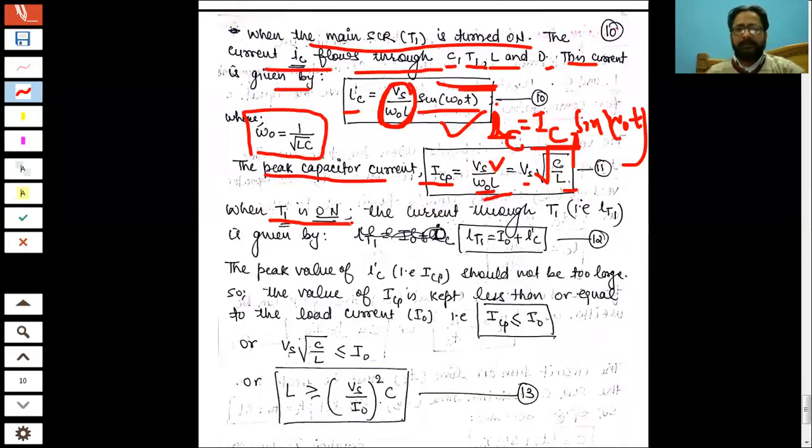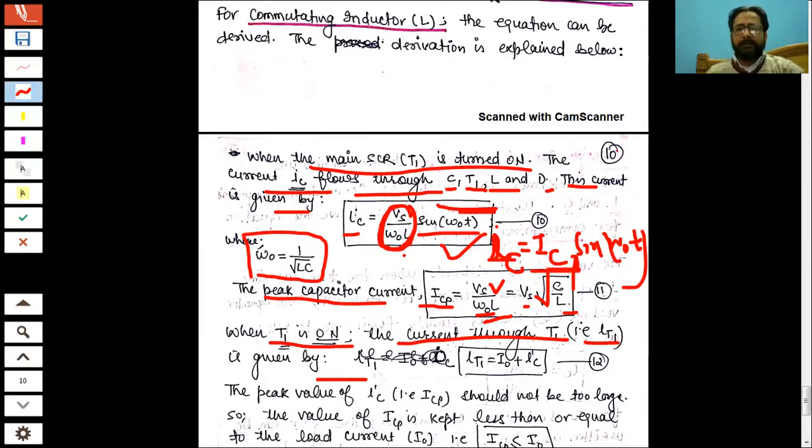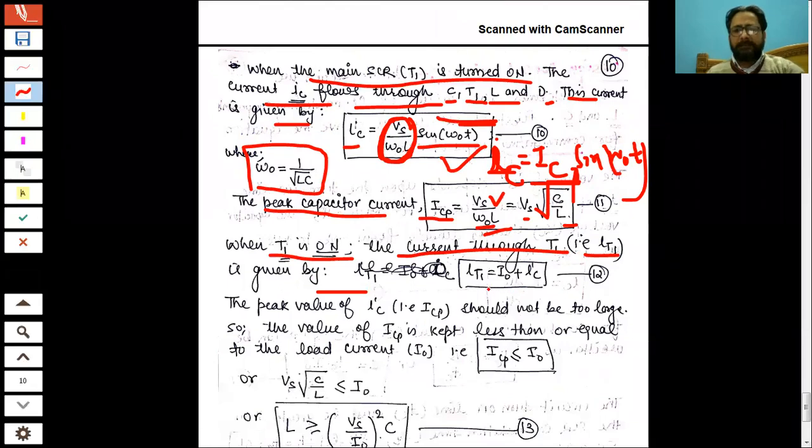So when T1 is turned on, the current through T1, IT1, is given by... अब ये वो सेम चीज आ गई, क्योंकि जब आपका मेन एससीआर ऑन है और कैपेसिटर डिस्चार्ज हो रहा है, सो जो करंट है मेन एससीआर के थ्रू, वो ना सिर्फ लोड करंट होता है पर डिस्चार्जिंग करंट भी होता है, यानी दोनों का सम। पहले वाली इक्वेशन आ गई।